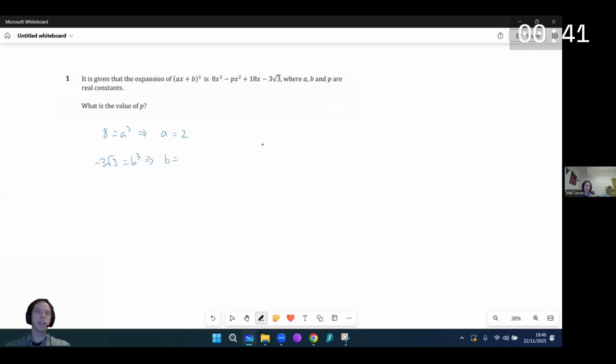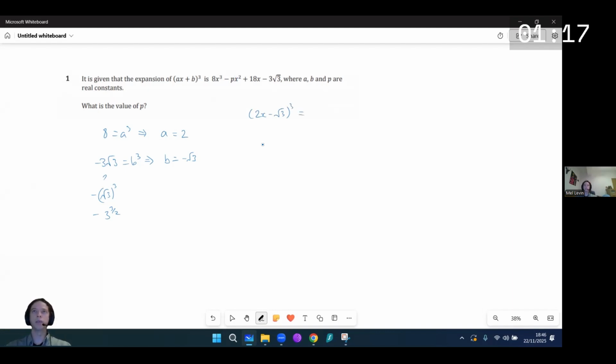Yeah, b is going to be minus root 3, right? Because 3 root 3 is root 3 all cubed. In other words, it's 3 to the 3 halves. So cube it, that becomes minus 3 to the half or minus root 3. So then basically we're expanding (2x minus root 3) cubed, and we just want the x squared term,